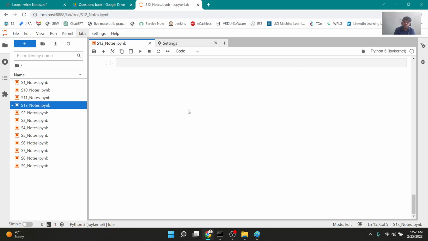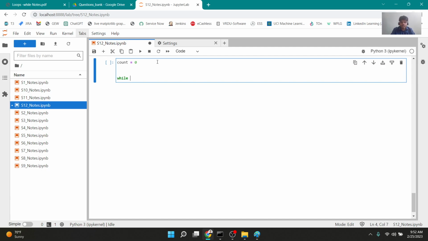The same thing can also happen in the while loop. Suppose you are running a while loop, you are executing the instructions for n number of times. In between, there might be a situation when you want to abort or stop the loop. Then how do you do it? Suppose I have, say, count equal to 0, and I'm saying that while count is less than 20,